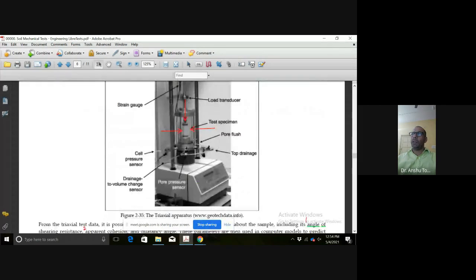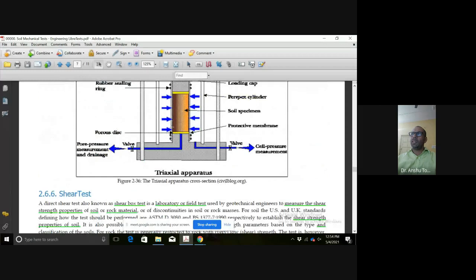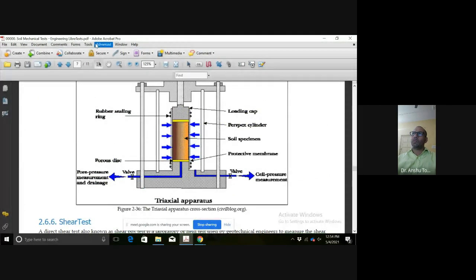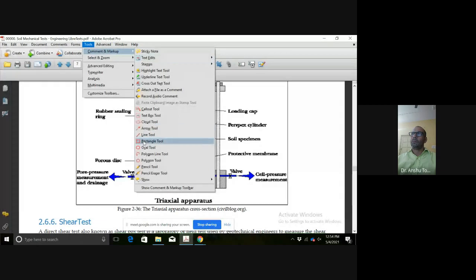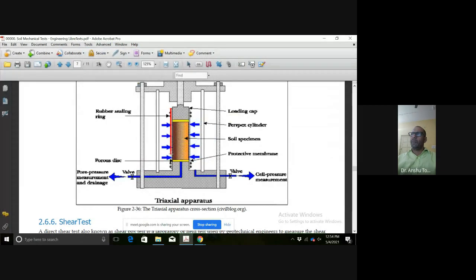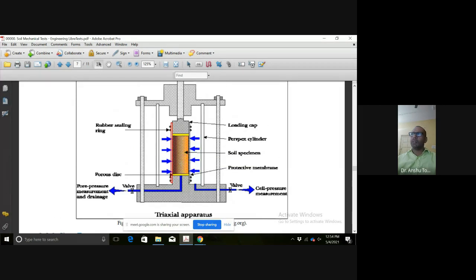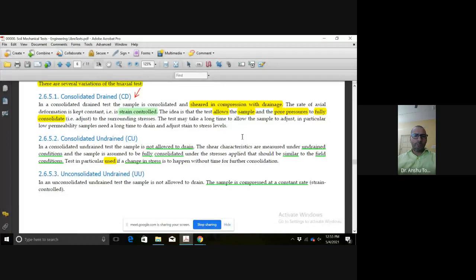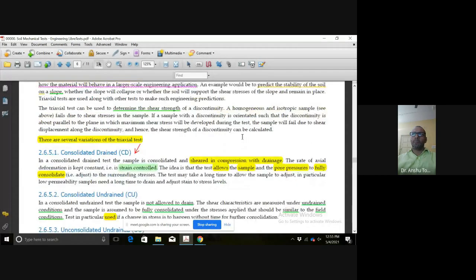As we can see in this particular figure, this is the confining sleeve, which can be used for the hydrostatic pressure if it is water. So a particular stress value is applied onto the sample, which is here in between. And we have three different stress levels in three different directions, which is going to bring us the response of the specimen in shear.